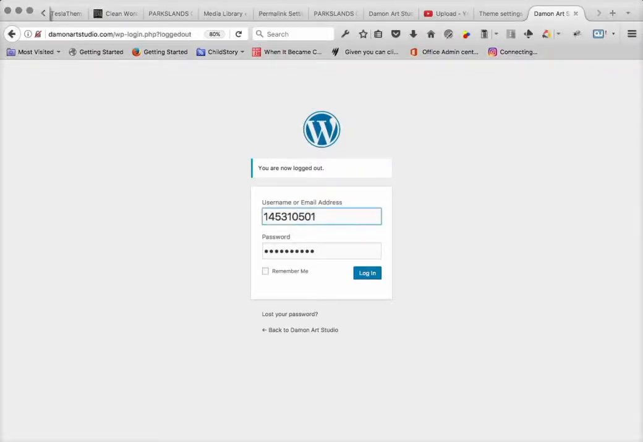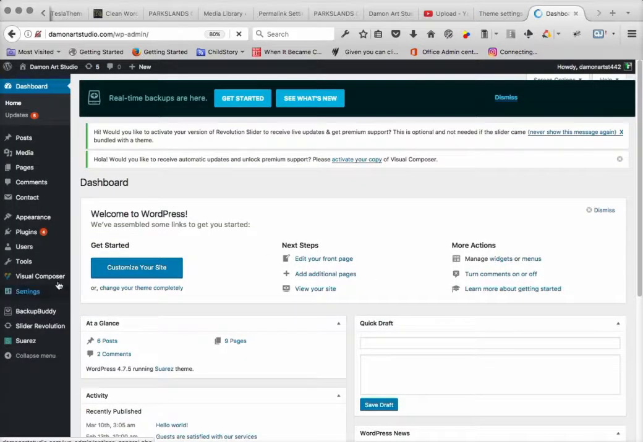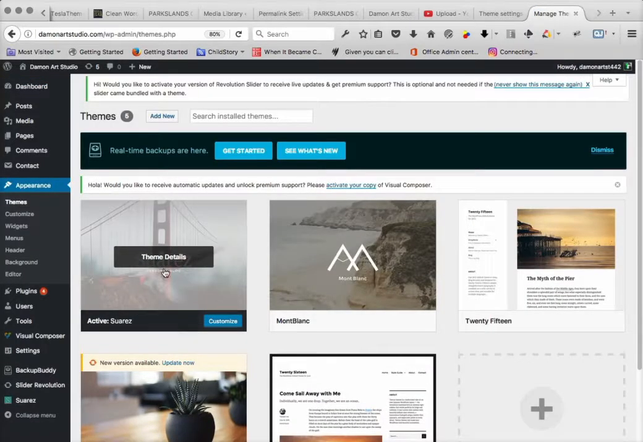Alright, here's a quick tutorial on how to edit your WordPress website and also how to use the Visual Composer plugin in your WordPress website. We're just going to log in, and the first thing we see is our dashboard. And to see what theme we're using, we'll go here and we can see that we're using Suarez, which is